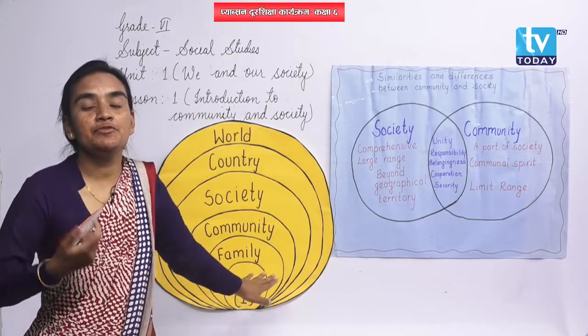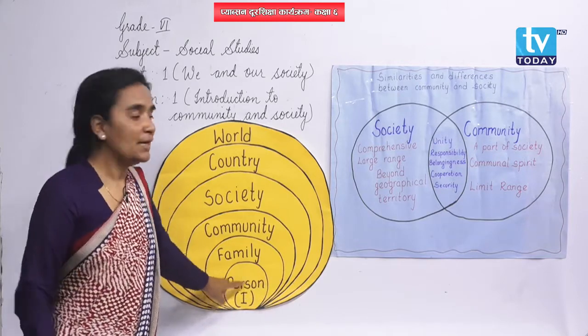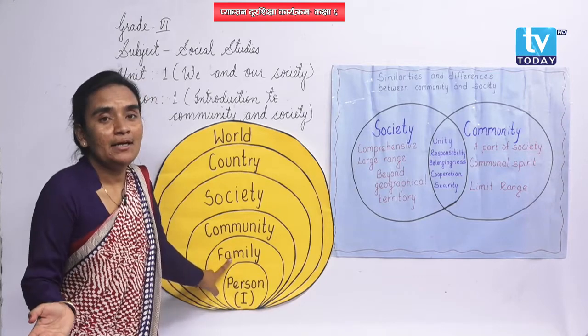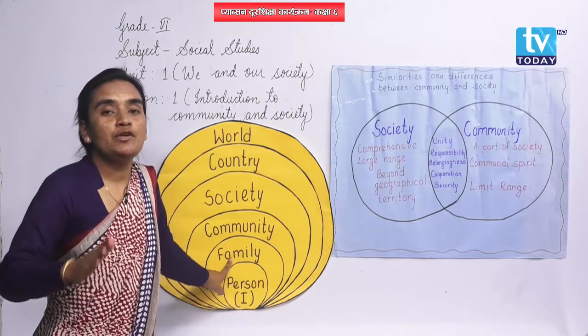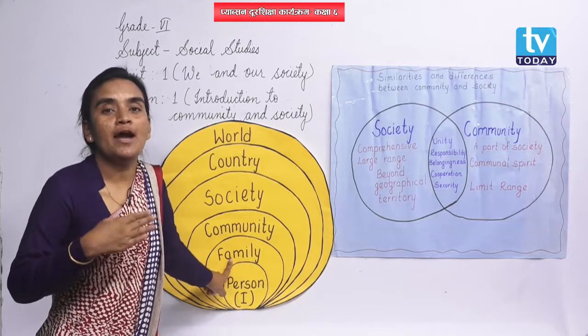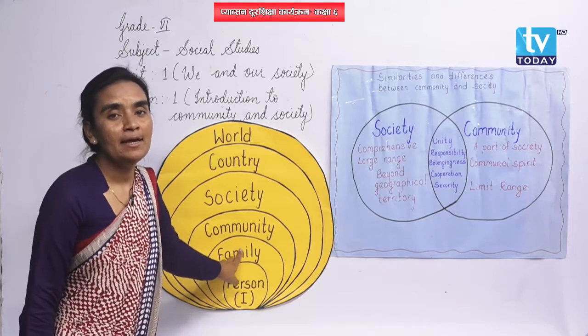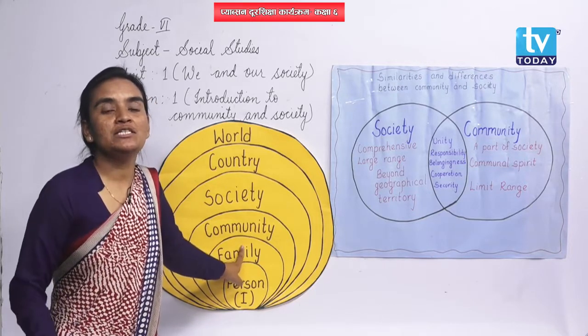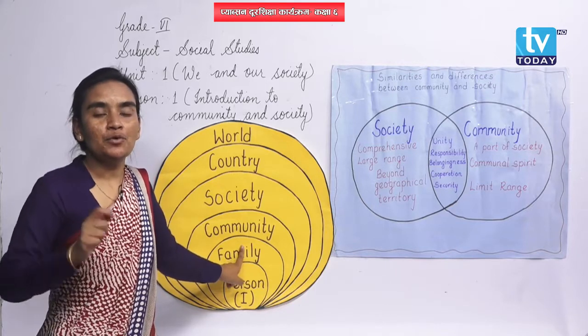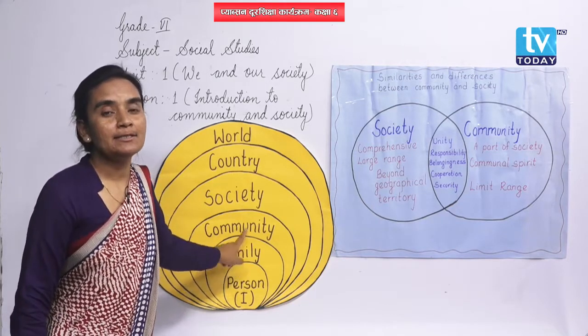Everyone can identify themselves as the single word, "I." The next one is family. When some individuals combine in a group, or if they are related by blood, then we call them a family. And after family, the next unit is the group of families, or a larger number of families, which can create